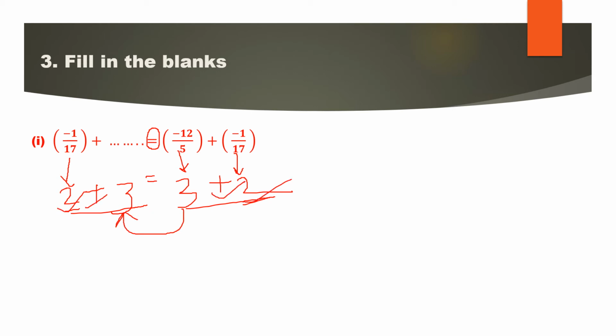So there are two common things. Instead of that big rational number, I am writing 2, my own example number. Here this is a new number, so I am taking 3. So 3 plus 2 means 2 plus 3, right? The same number should be used here because these two are common and the sign is also the same. Then these two should also be the same, because the property here is the commutative property. So the same thing, minus 12 by 5, should be filled here so that both LHS and RHS will be equal.